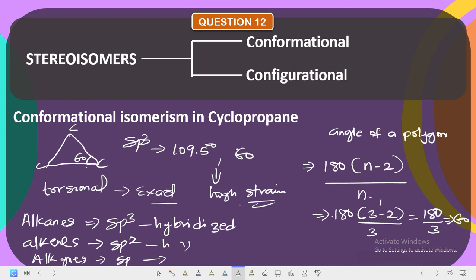So the ideal words to use to call this, let's not use torsional strain, let's use angular strain. There's a deviation from the normal angle. It's supposed to be 109 for all of them to be packed together, for all of them to be stable, but because it's now 60 degrees, there is a compression from the normal 109 to 60. Are you getting it? So the angles are packed together,